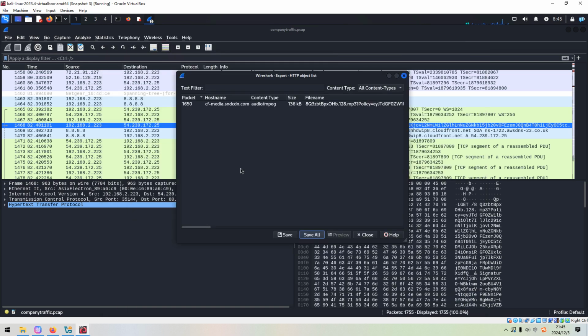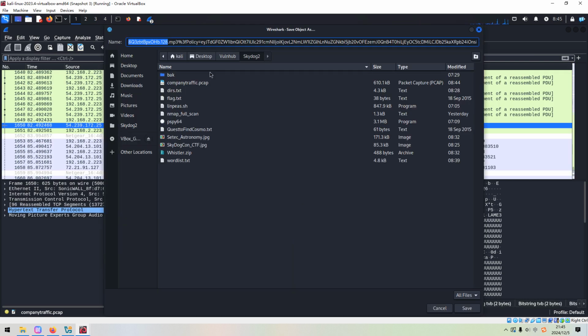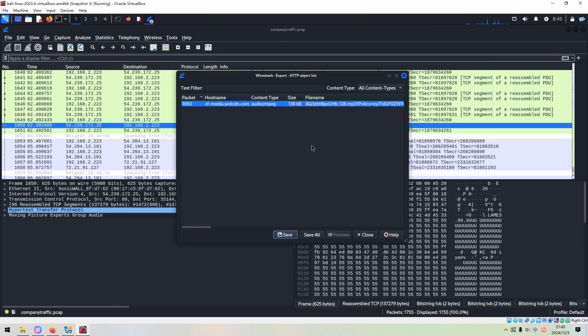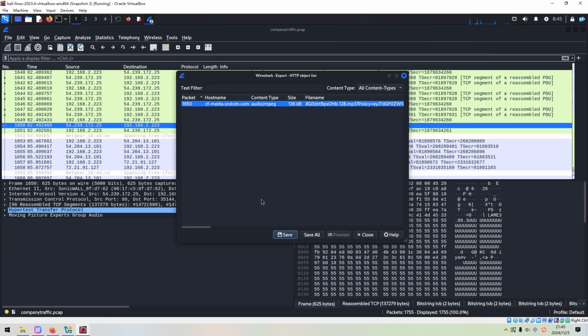No, we can save, and we can use any file name like test.mp3, save. And actually this is the mp3 file, and you can hear this file or convert to a script. However, I'd like to use another way.